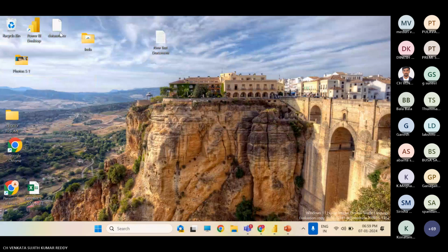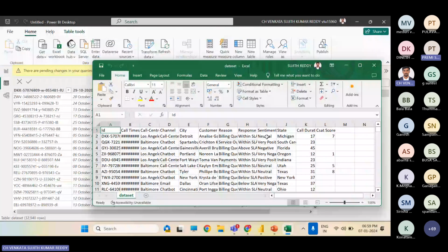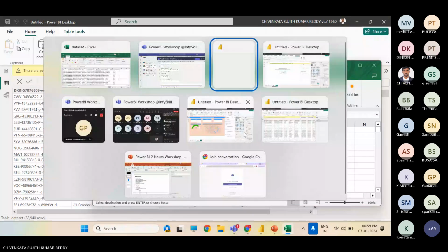While you are copying these kind of things, make sure about the capital letters, small letters, everything.